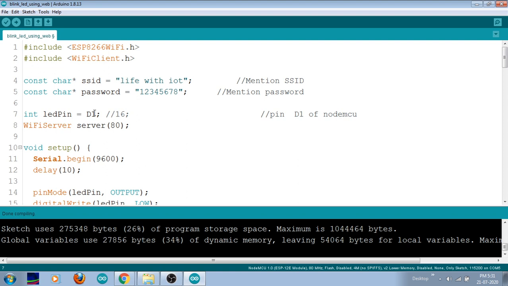And the next one is the setup code, okay. In the setup code, whatever things happen only one time have to be written. So here in the serial begin, I am giving the baud rate 115200 for my Node MCU device. I'm giving a delay of 10 milliseconds, okay. So it will take 10 milliseconds after executing that code, and I'm making my pin mode output mode, okay. Pin mode in the sense my LED may be connected, so the LED most probably has to be connected in output mode. So I'm representing it with OUTPUT.